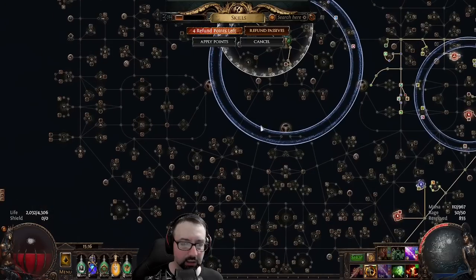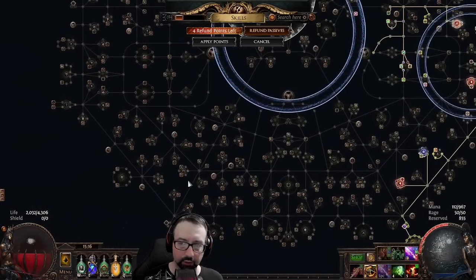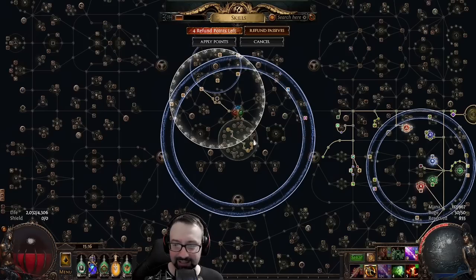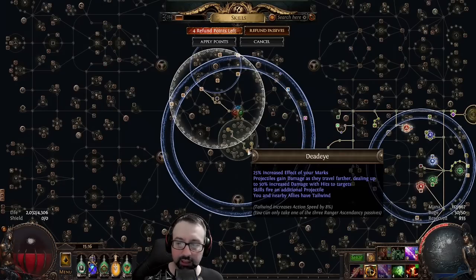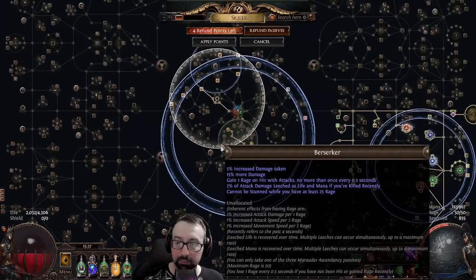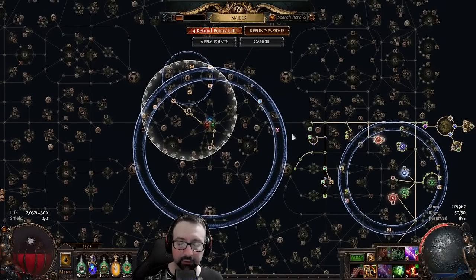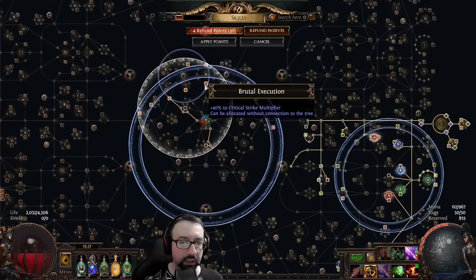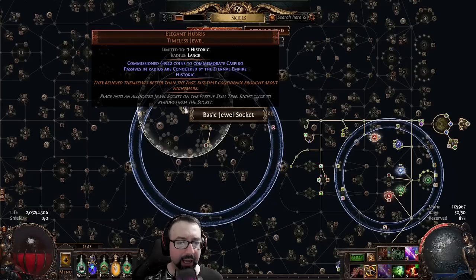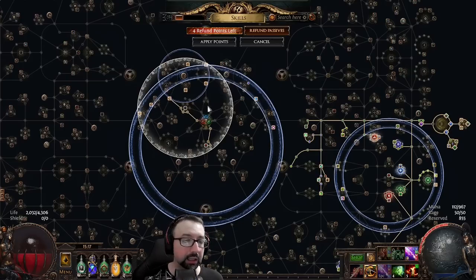And then the other things to point out, there's obviously a different ascendancy tree we'll take note of, but we're using the Deadeye combined with Inquisitor and combined with Berserker. And I'll talk about that a little bit later on when we get into the passives. Okay, we have an Elegant Hubris that is, I mean, probably the most powerful of the three, but there's